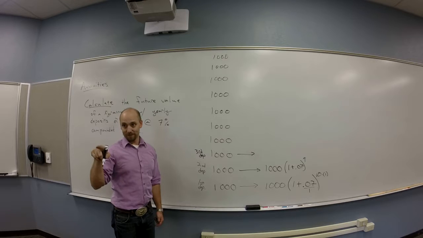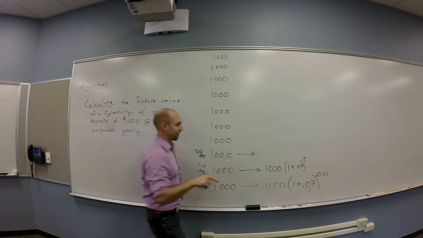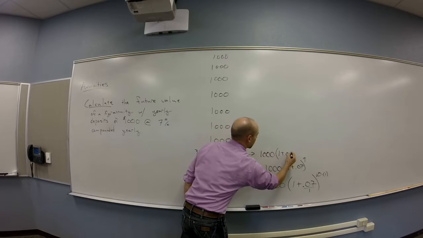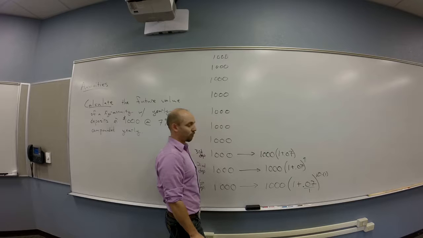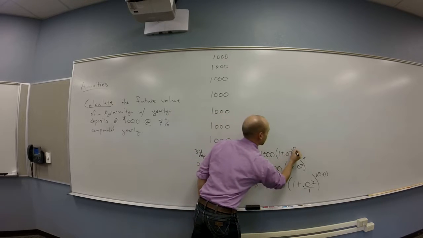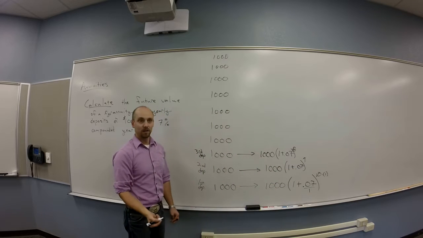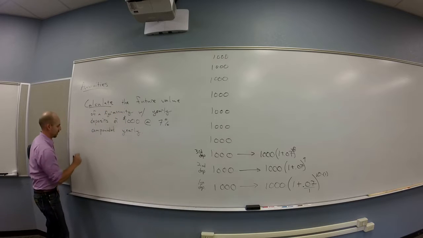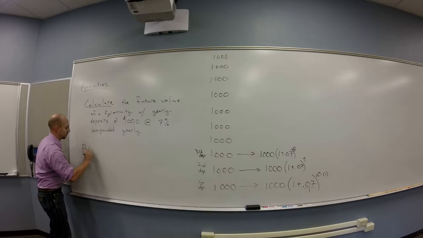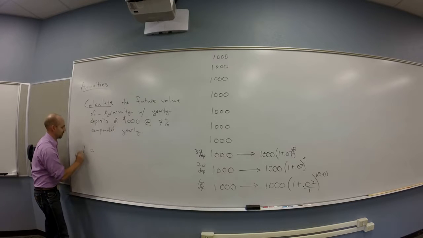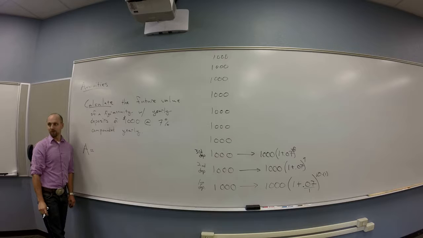Well, it's going to be the same thing, but just moving or doing it for a year. Okay, so it's the same thing. The 1,000 times the 1 plus 0.07 to the 8. You guys see that? Okay, so in the end here, what's my future value going to be? Right, what I usually call the amount. The annuity's future value is going to be,